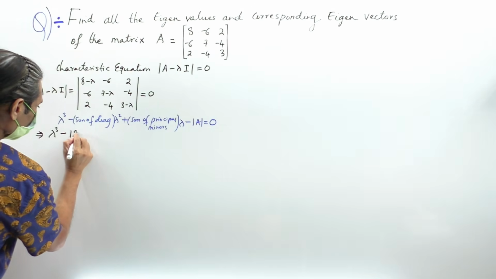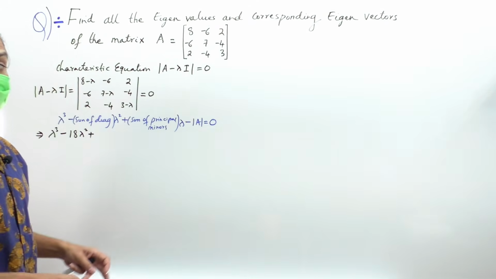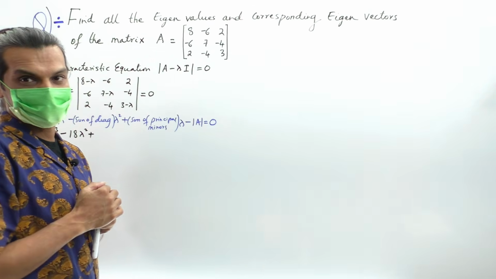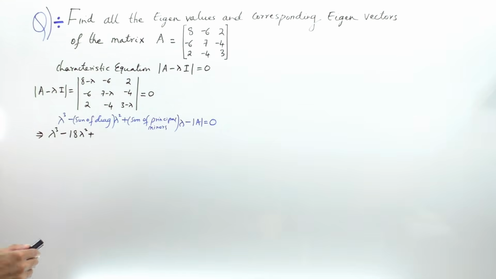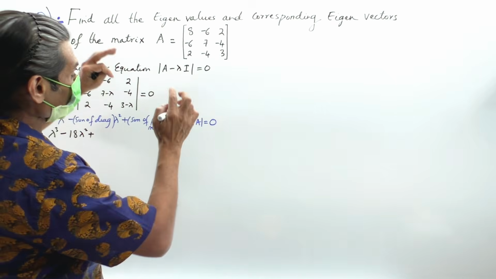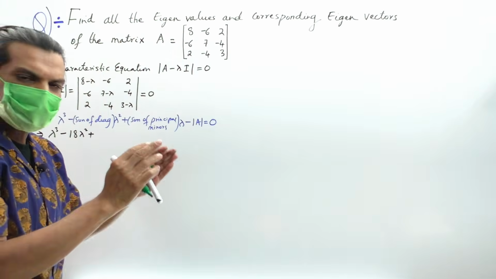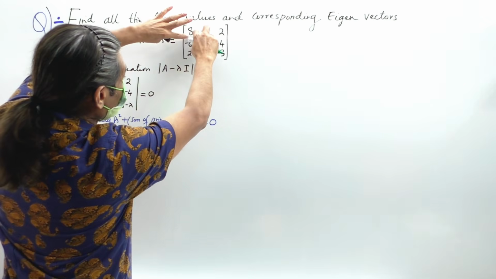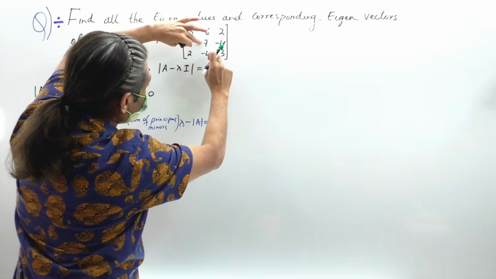So minus 18 lambda square plus, this sum of diagonal is also called the trace. Now next is the sum of the principal minors. What does it mean? Very simple. The principal elements are 8, 7 and 3. Listen carefully and practice with me here. For 8, leave this row and this column. What is that? 7 threes are 21,